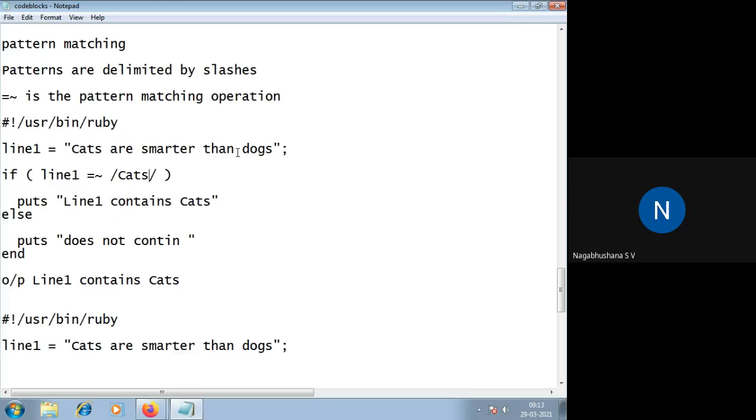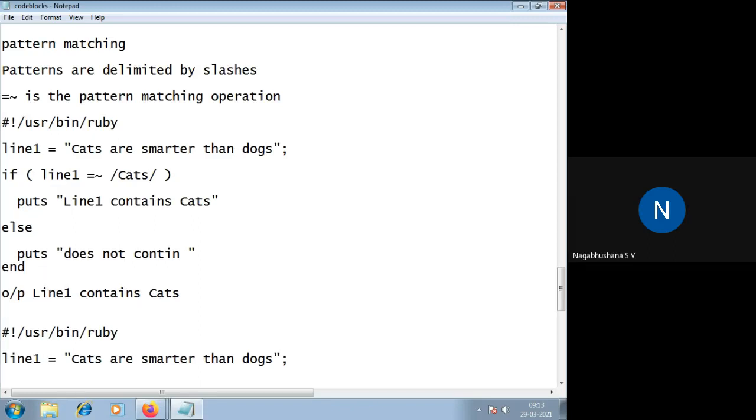Here I am not using any option. It's a very simple demonstration of pattern matching with respect to line1. I am just trying to match whether the word cats is available in line1.